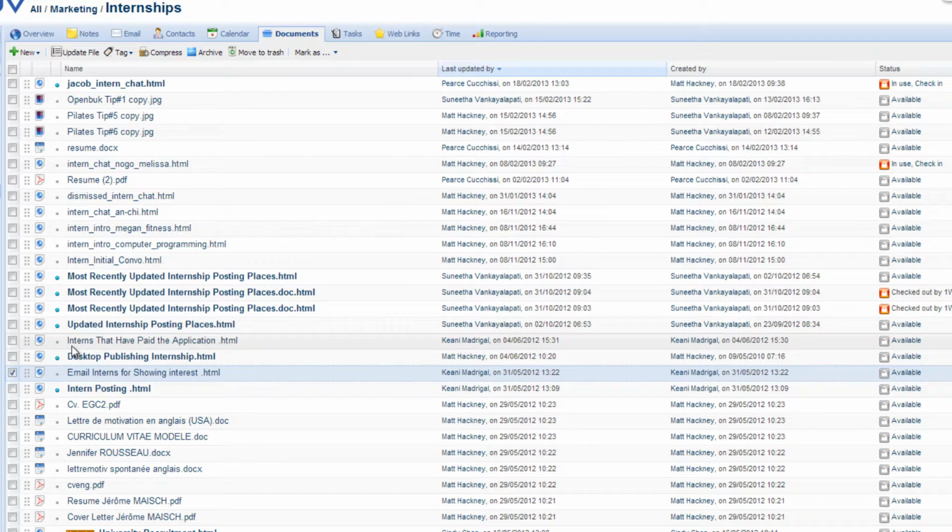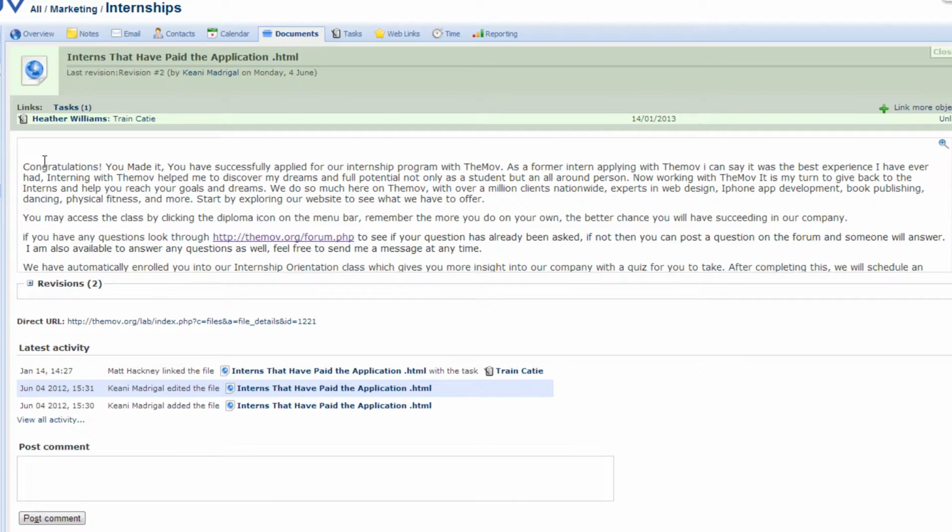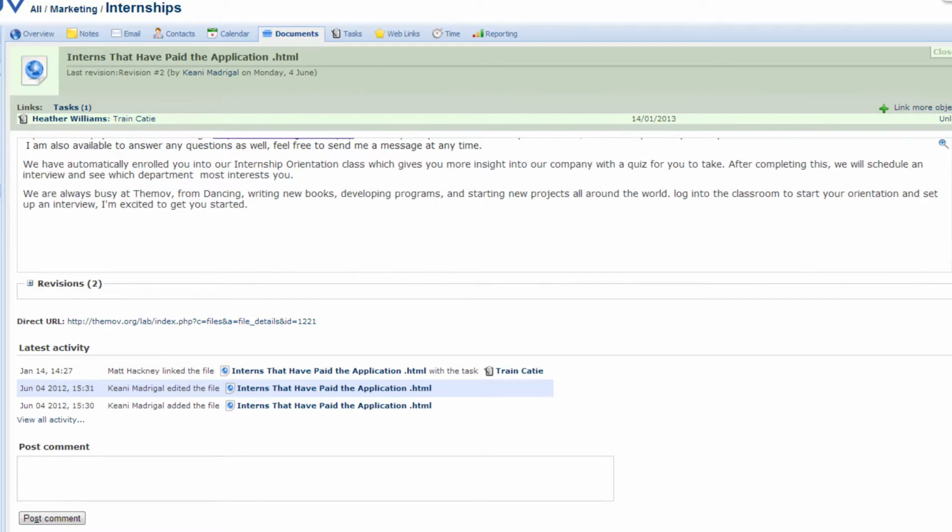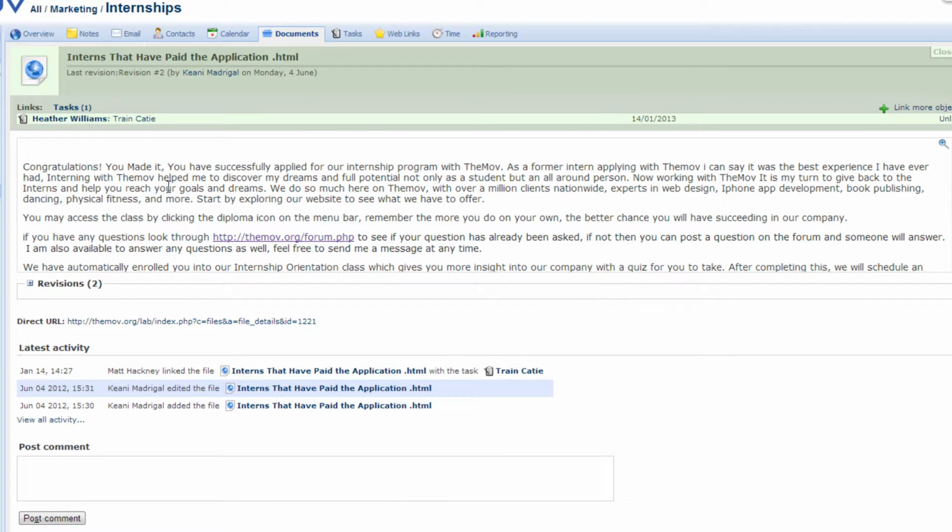And you can also see a new email for interns that have already paid. So after they've paid the application fee, or maybe they've filled out their profile really, really well, and you want to bring on this person, click on this one. And that's an entirely new area here, and that's an email that you can send to them as well. Okay, so in reading these, you can see what Kiani put together for this, what she likes to tell people when she's recruiting them.